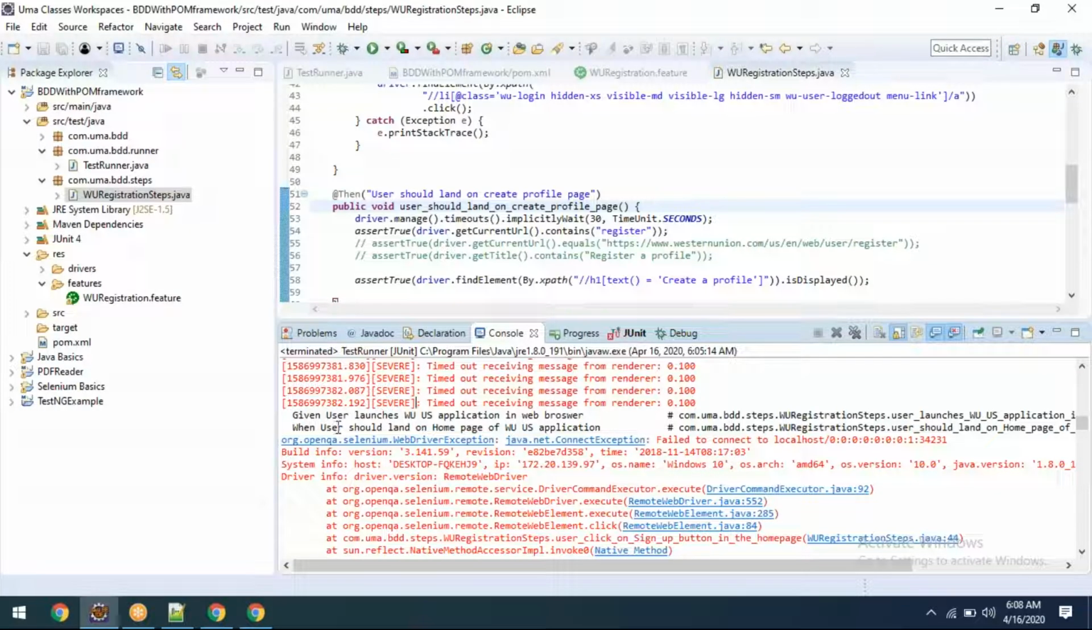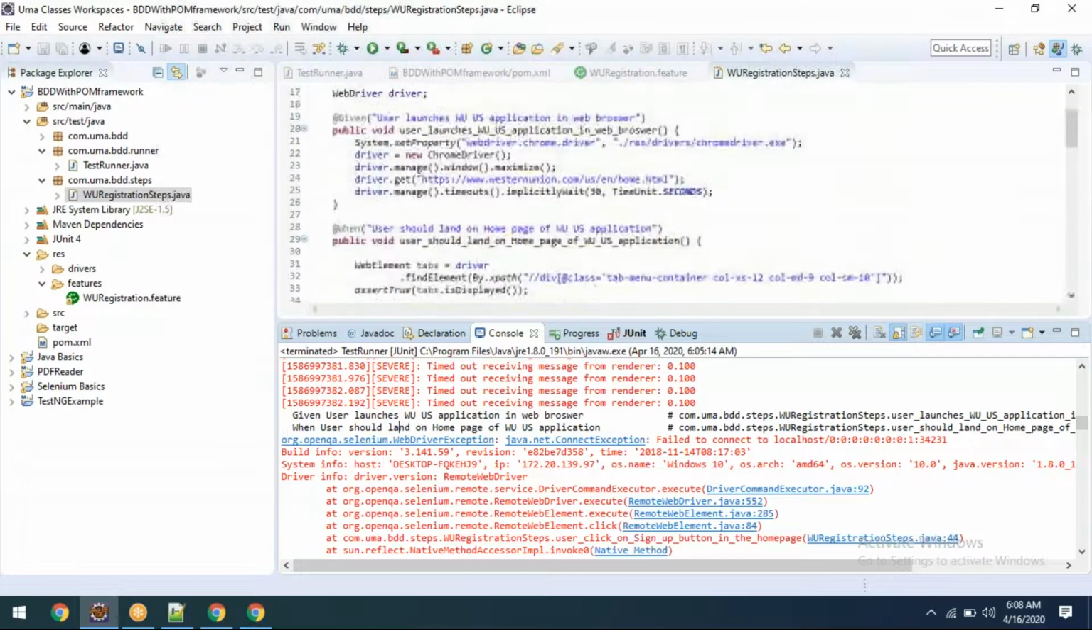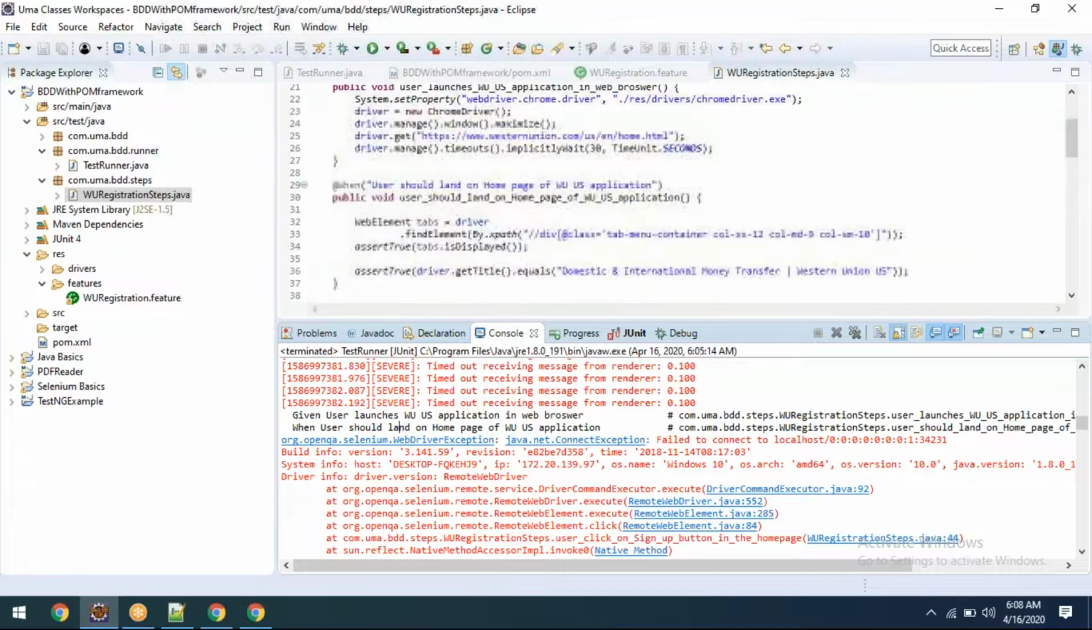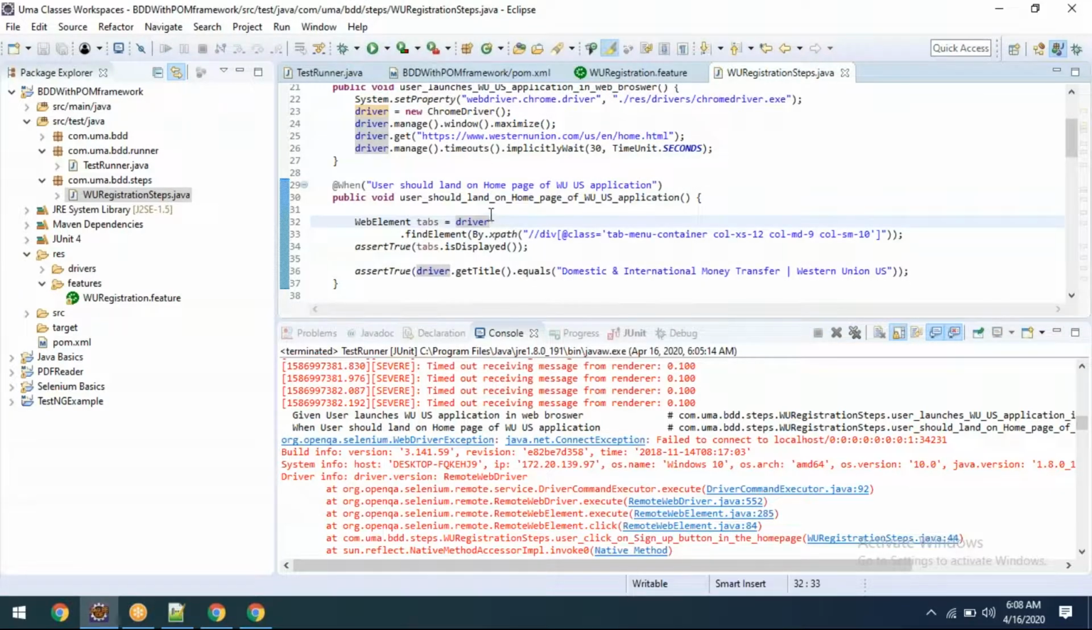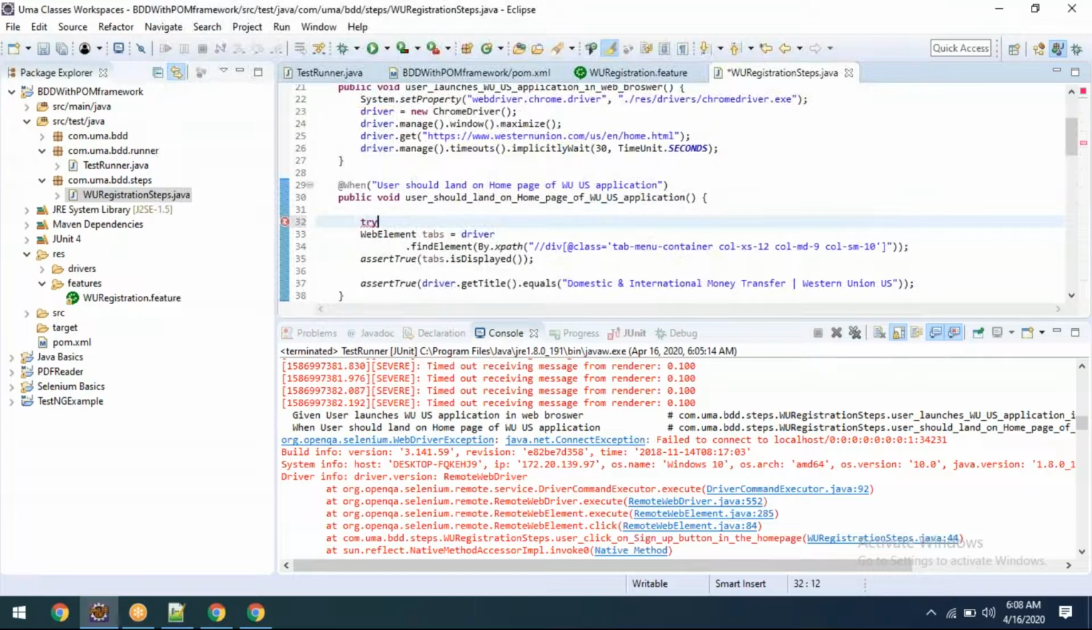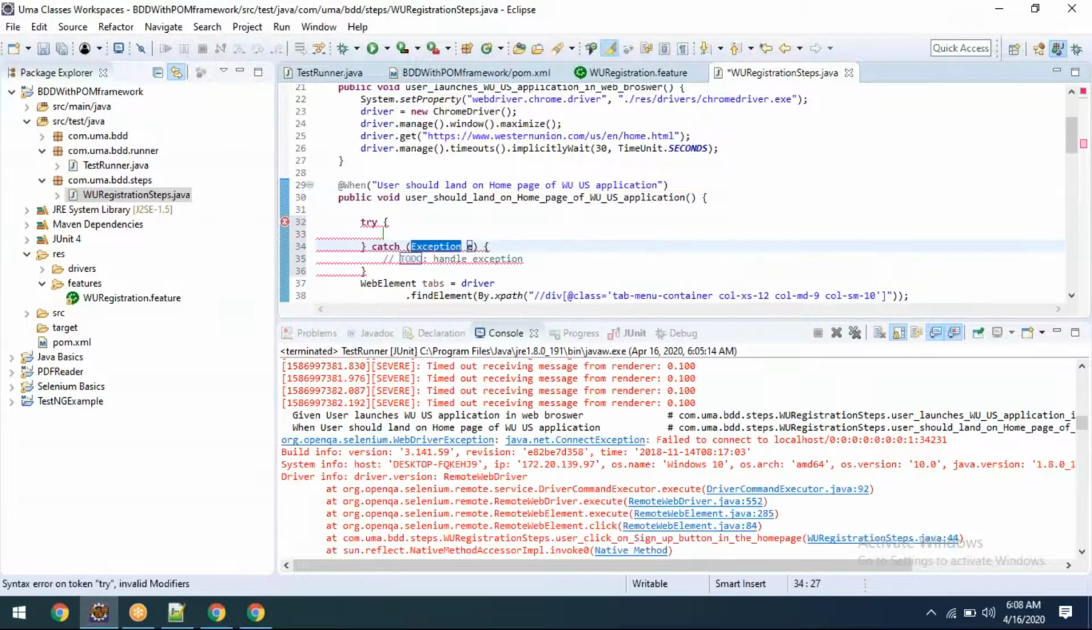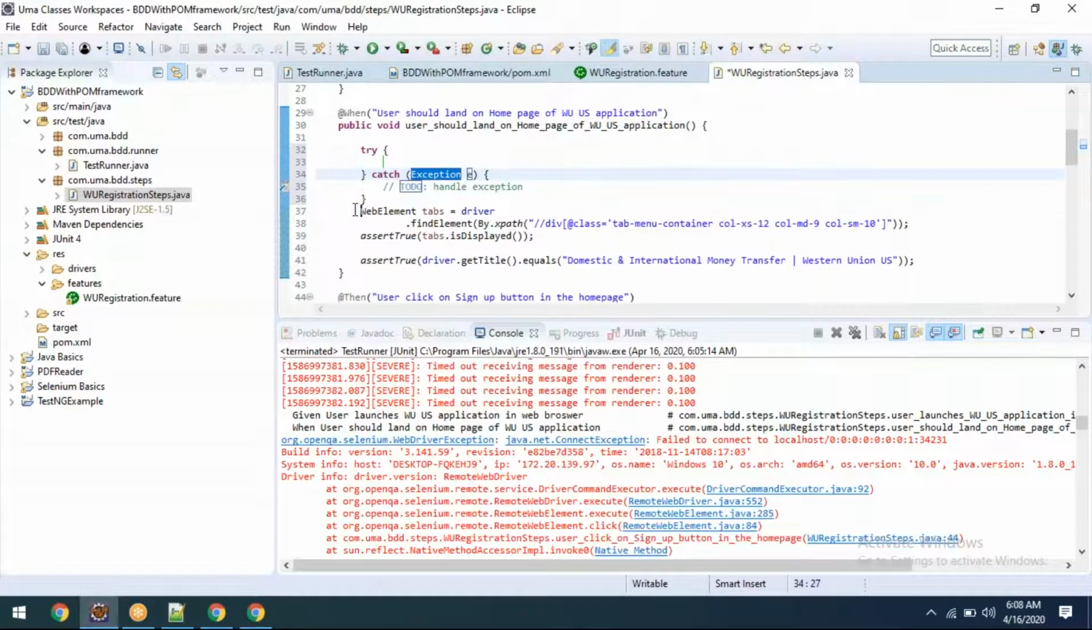See, after this the user should land on the home page, or on the create profile page. In the home page itself we are getting an error message. Getting my point? That is again a WebDriver exception. What can I do now? Try catch. Just go ahead and